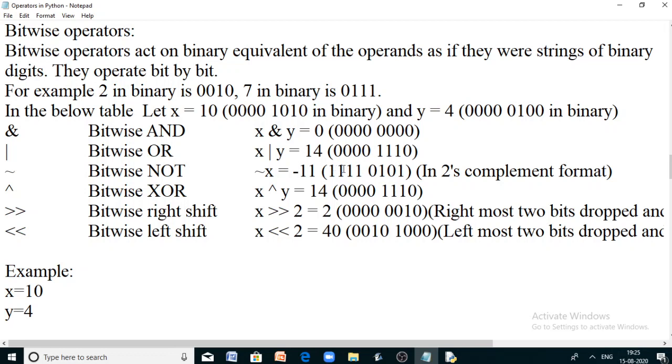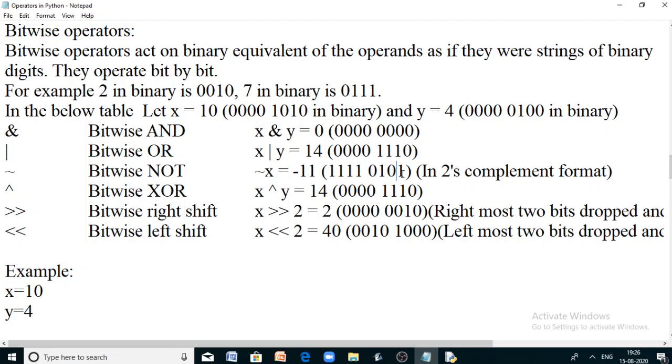Now let me say that the place values are 1, 2, 4, 8, 16, 32, 64, and this is 128. Here, since it is a negative sign, it should be minus 128. Now minus 128 plus 64 plus 32 plus 16 plus 1 plus 4.